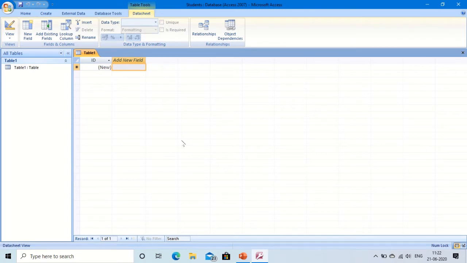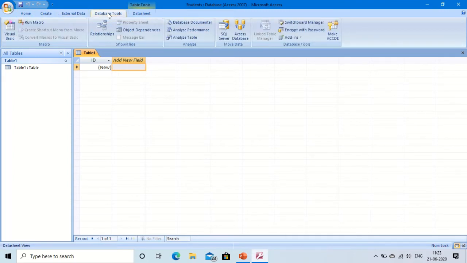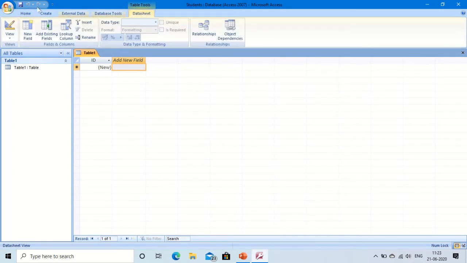After clicking on the create button, you will see your database students has been created, and the name of the database is written over here on the title bar. Then we know that these are the various elements. This is the office button, this is save, this is view, these are tabs: home tab, create tab, external data, database tools.